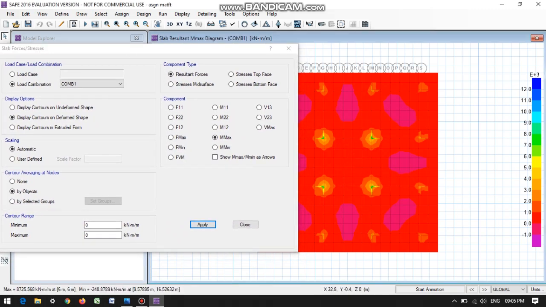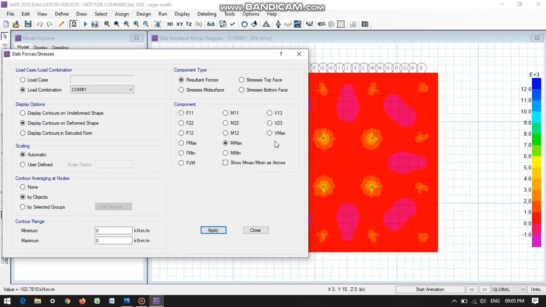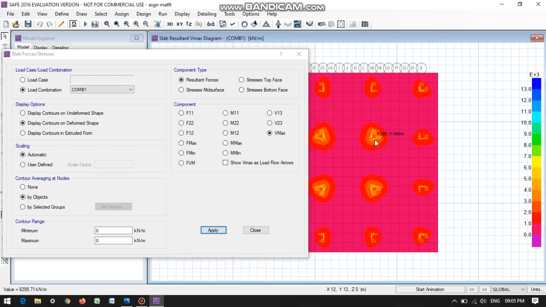Everything in red. So red means 1 into 10 power 3, that is nearly 1000 kilonewton meter per meter. And for shear it is also mostly in red color. It is nearly 3 into 10 power 3, 3000 kilonewton.